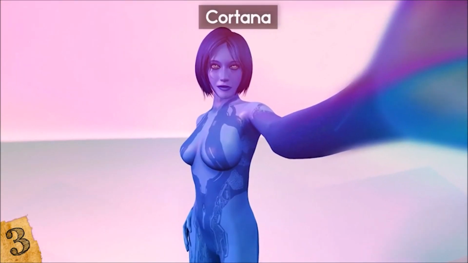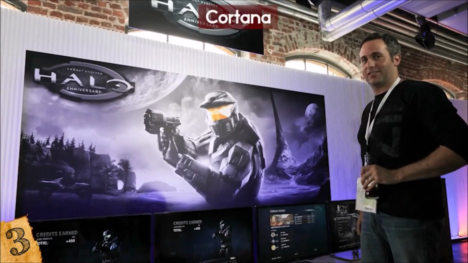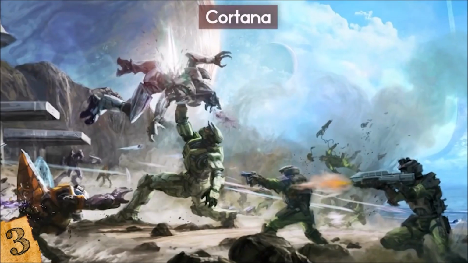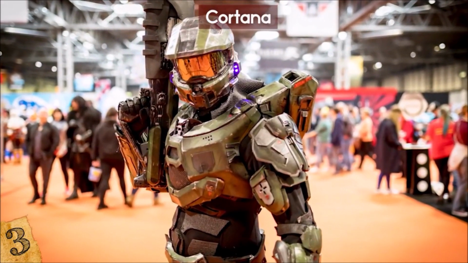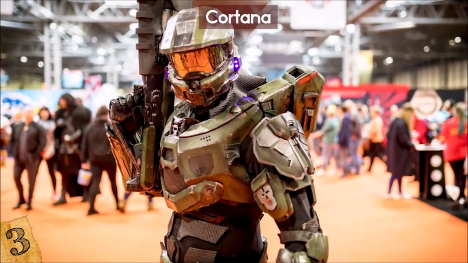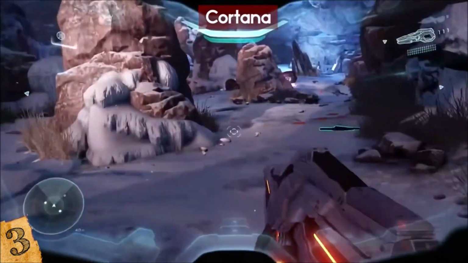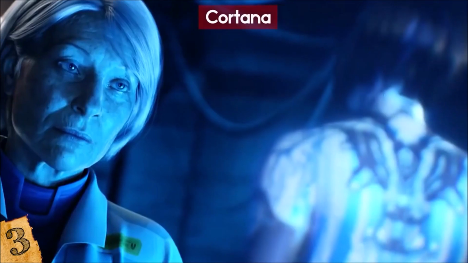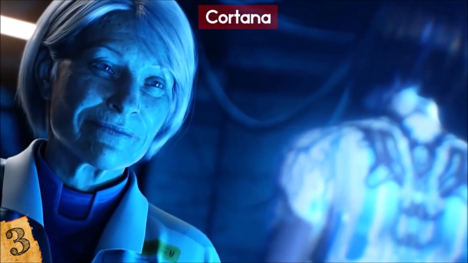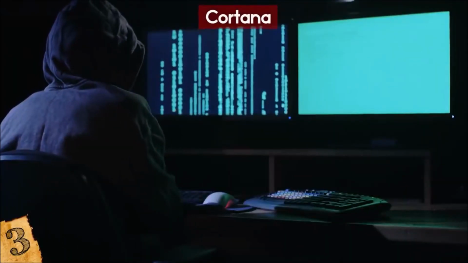The Halo video game series is set in a very distant future, and in it, soldiers of great ability are given the strength and skills to take on many hostile alien life forms. But they are also given AI at times to help deal with the problems even more. Cortana is the AI that is given to the main character of most of the series, Master Chief. In terms of role, Cortana is his helper and assistant, giving tactical information to Master Chief, while also helping him decode transmissions, hack enemy systems, and more.